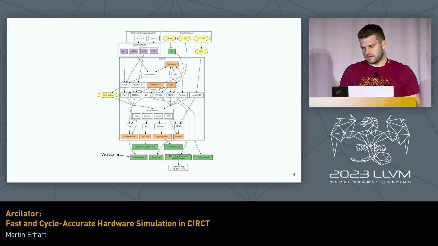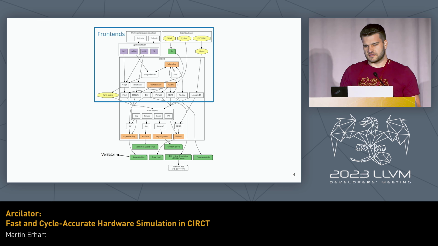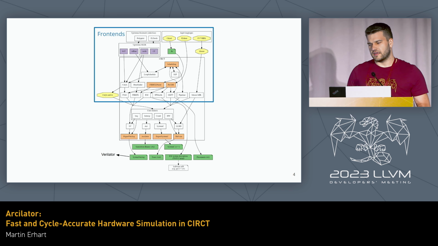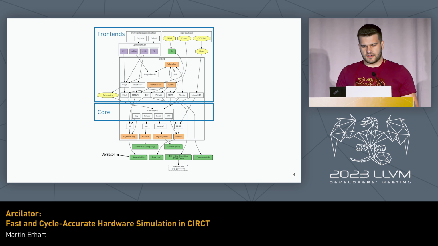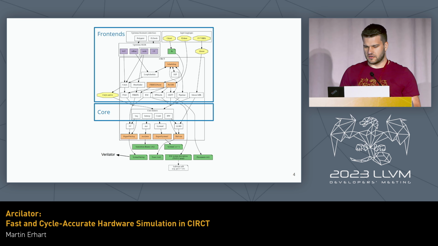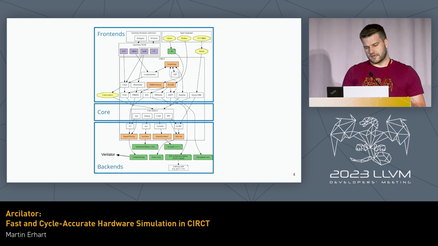Taking a closer look at CIRCT, we have some front ends: a production-ready Chisel compiler, some Python entries, some HLS, and a very experimental SystemVerilog front end. Then we have the core dialects: HW for defining module hierarchies, comb for combinational logic, and seq for sequential logic. And those are taken as input for the backends. There we have some